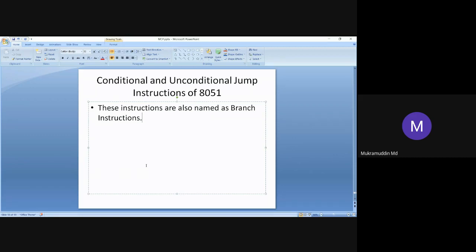So what do you mean by conditional jump and unconditional jump? First, let us see conditional jump instructions.